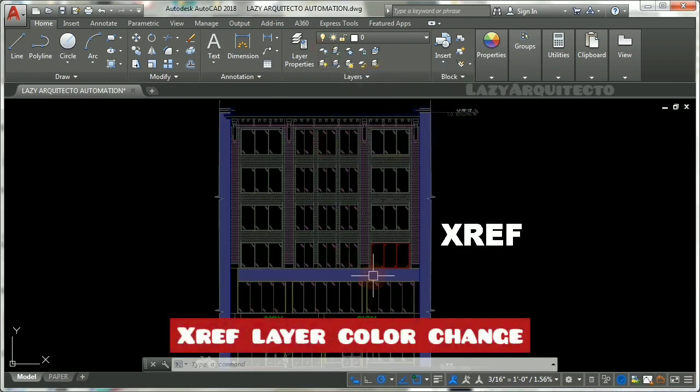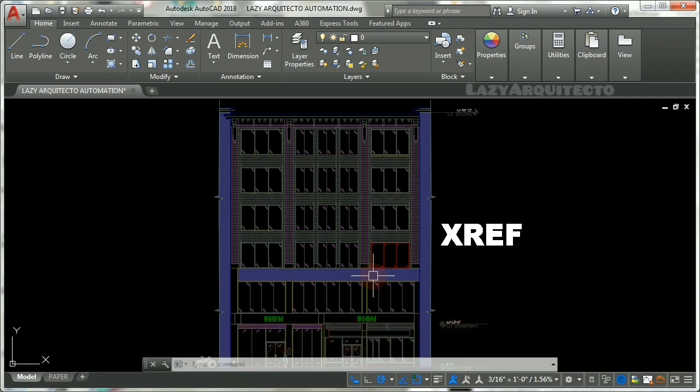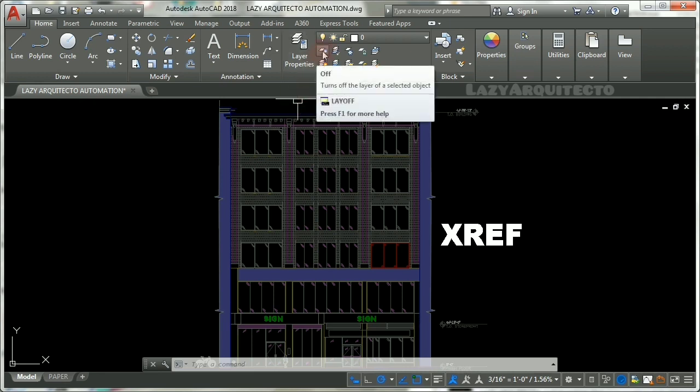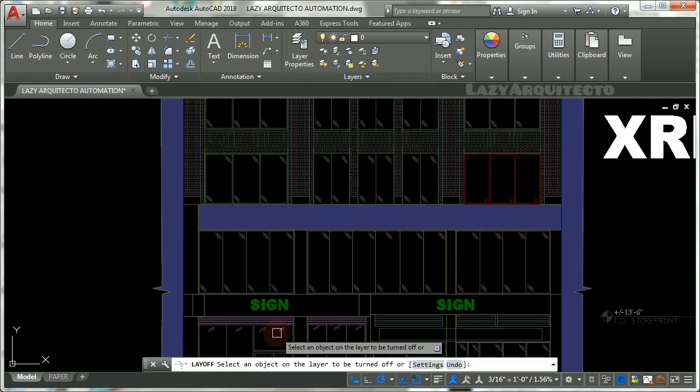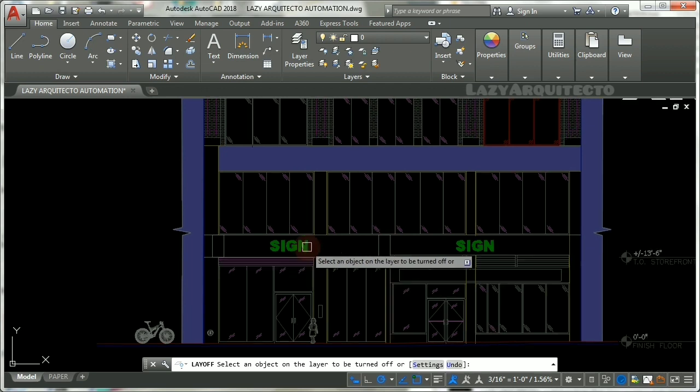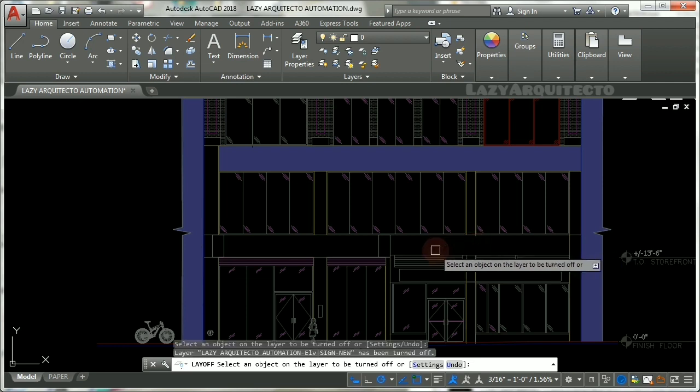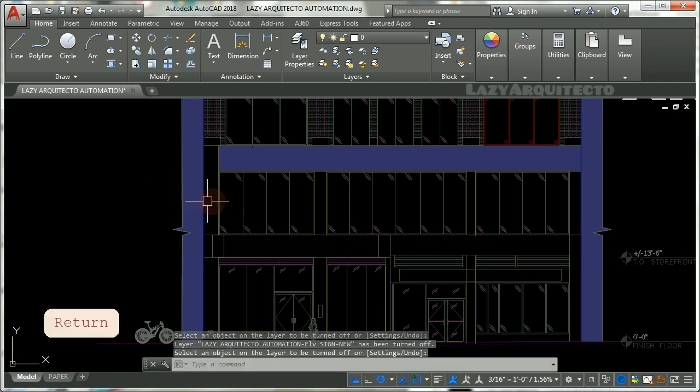Number 3. xref layer color change. Want an easy way to change the color of a layer in an xref? Click the Lay Off command and select the xref layer that you would like to change. For instance, I'll click this one because that's the layer that I would like to change on this xref. Then I'll open my layer palette,